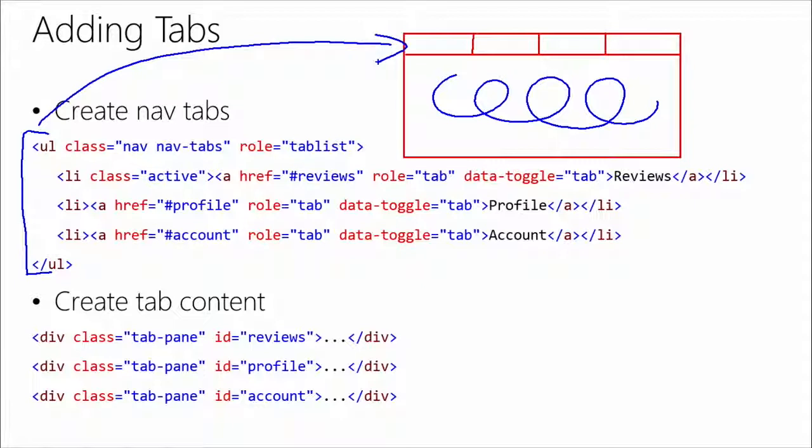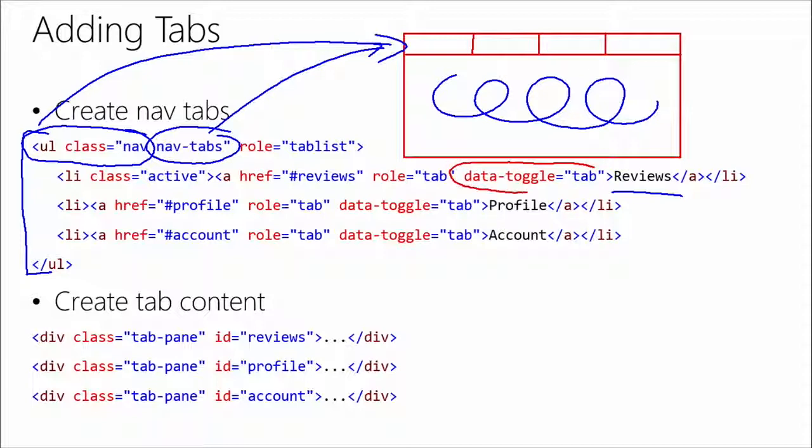And you'll notice that this is done by defining an unordered list with a class of nabs, but in particular, nav tabs, and that's what's going to tell it to go up there. Then what you're going to notice is that I'm going to add on all of my different links here. And there's really two main things that I need to do in my links. Number one, data toggle tab. That's going to tell it to be a tab. And then number two is I need to set the href. The href,